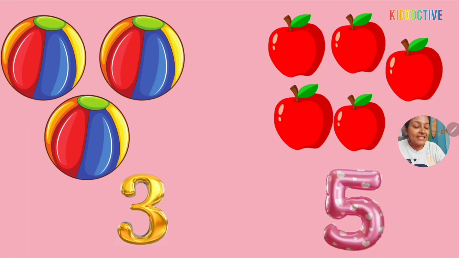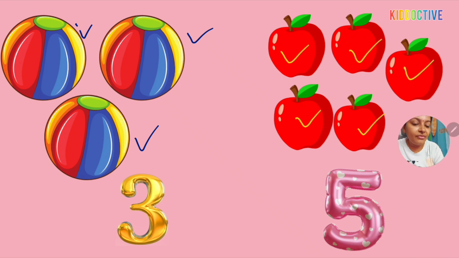Let's count these objects. How many balls are there? There are 1, 2 and 3 balls. And in the second group, how many apples are there? 1, 2, 3, 4 and 5. So I wrote 5 here